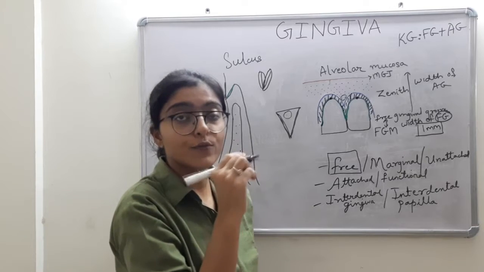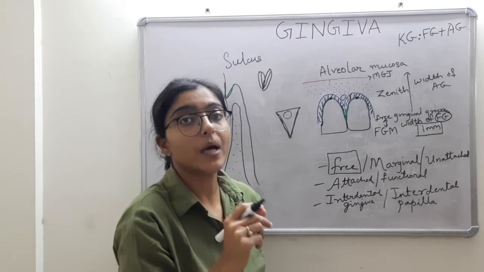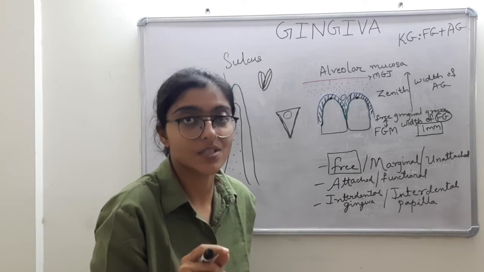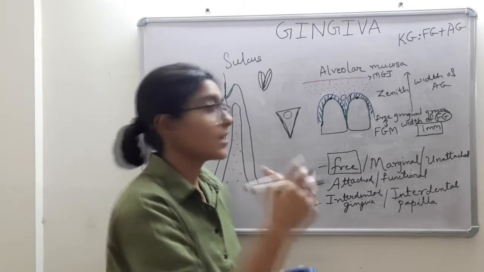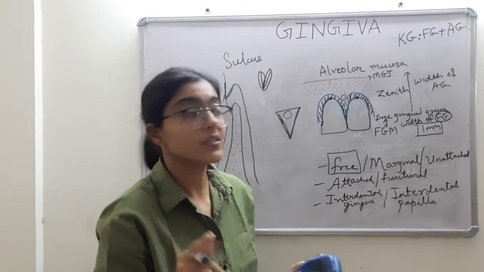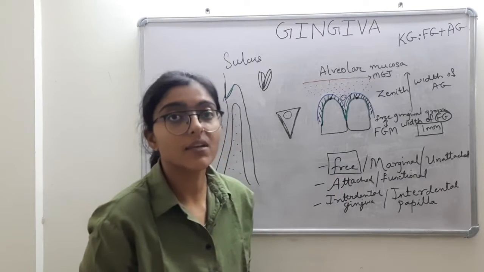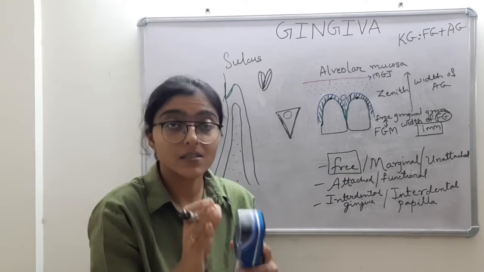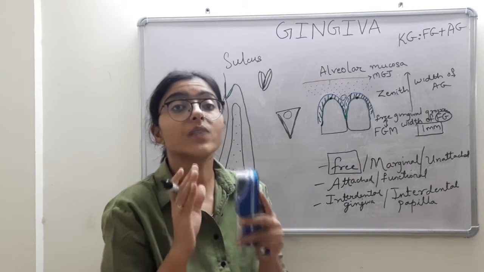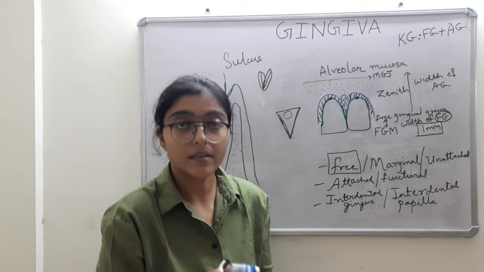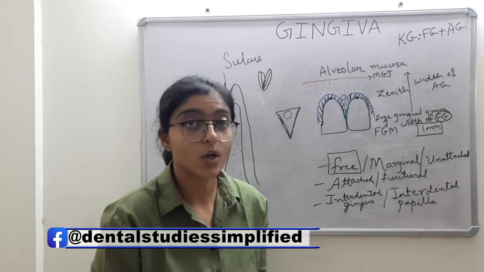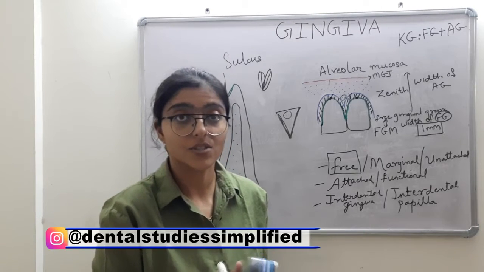The center of this triangular interdental papilla is stippled because that is contributed by attached gingiva, whereas the margins of the triangle are unattached. They are contributed by free gingiva, that is why they are not stippled. So the answer to the question whether interdental gingiva is stippled or not is the core. The center of the interdental gingiva is stippled, whereas the margins or the borders of this triangular shaped interdental gingiva are not stippled.